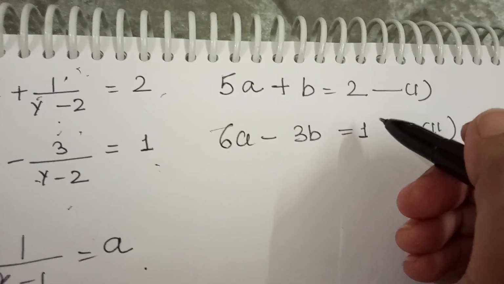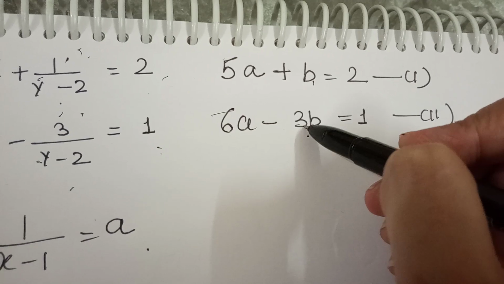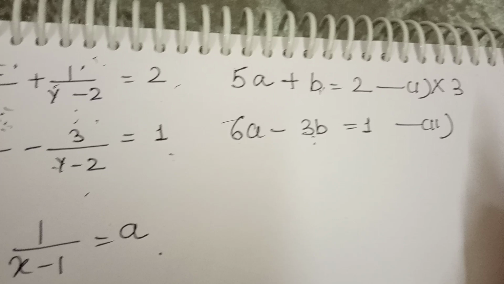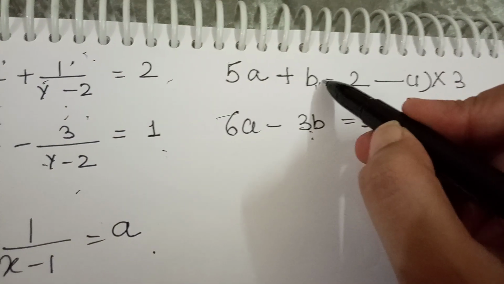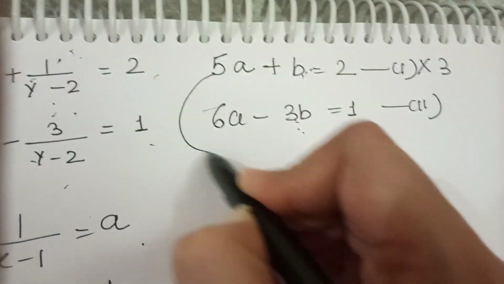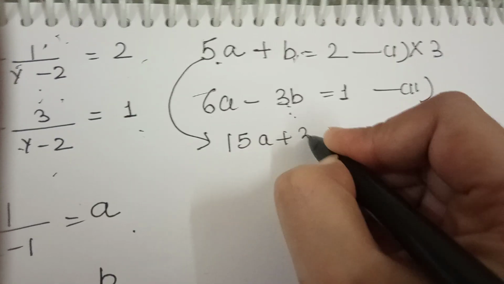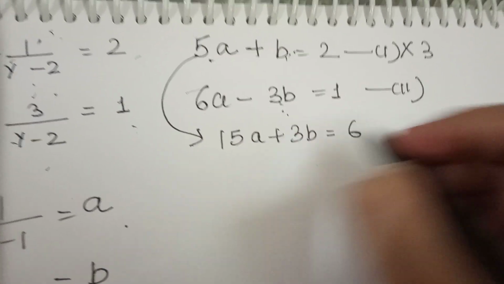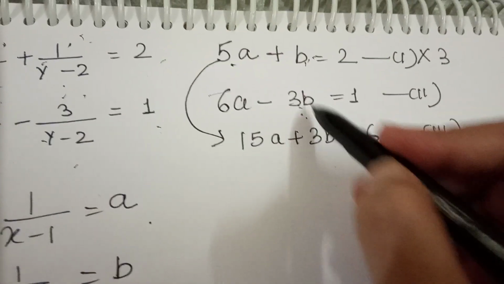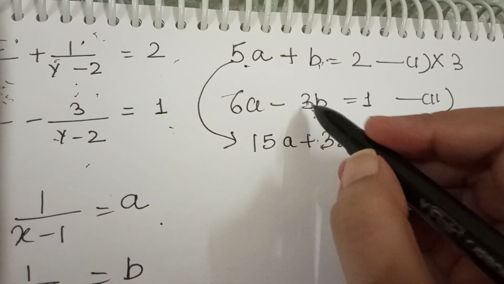Start solving it. Which variable do you want to take to eliminate? I am taking b because this is easier. No need to multiply in both the equations, only we will multiply by 3 in the first one, क्योंकि ये 3b हो जाएगा और ये ऑलरेडी 3b है. सेम ही तो करने हैं हमें, ठीक है. तो अब हम इसमें मल्टीप्लाई कर रहे हैं. सो 3 इंटू 5 15a प्लस 3b इक्वल टू 6. थर्ड इक्वेशन. Now both, which variables we have converted into the same term.